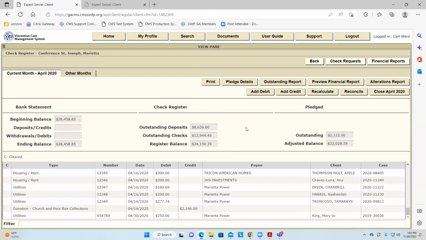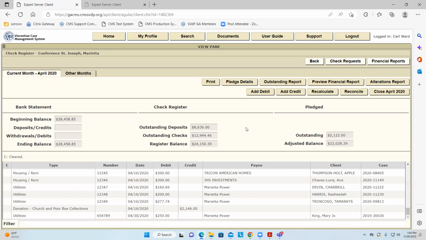So changing a check amount, when do you want to do that? Let's talk about a couple of situations. The most obvious one, the classic, is because we're paying a lot online. We're paying, say, Marietta Power online. The check request comes through for $200 to pay Marietta Power. The treasurer gets online to Marietta Power's website, pays $200 for the client's bill, and gets charged $3.75 in fees. So really you pay $203.75.